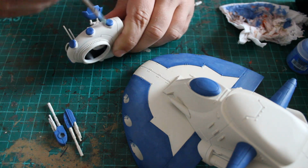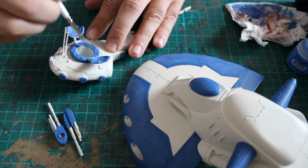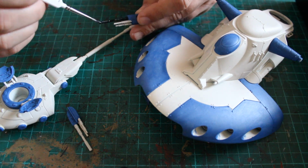And what I also did was concentrate on the edges of these as well, so it really did show up quite nicely, and made it look like the light was shining on the blue areas a little bit differently. Next paint I used was the contrast